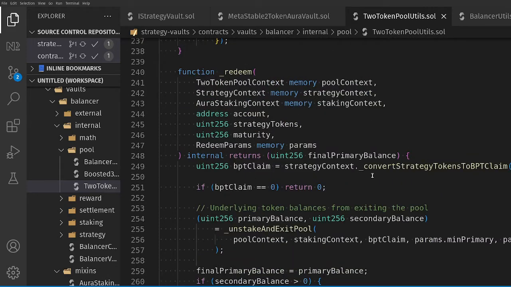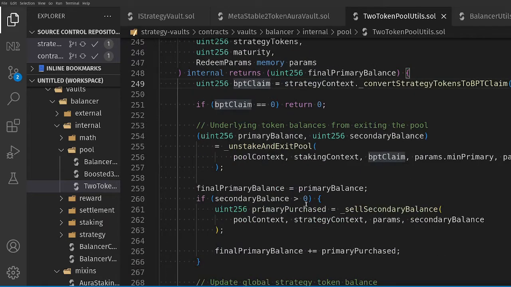So when we come into redemption, we'll receive a strategy token amount. So we'll change that into a BPT claim. This is a BPT claim on the vault itself. Now, it's important to note here that as we boost the vault, we'll be receiving various incentive tokens. Those incentive tokens will be sold for ETH and essentially deposited back in the strategy to increase the